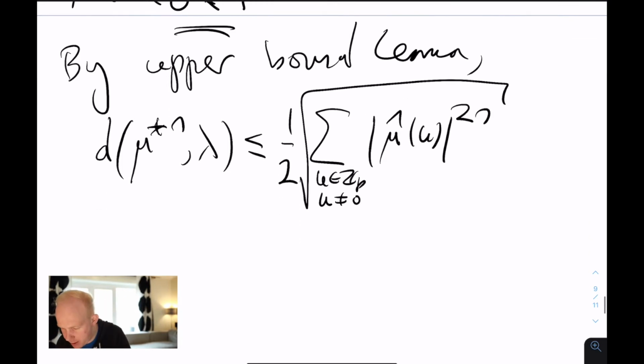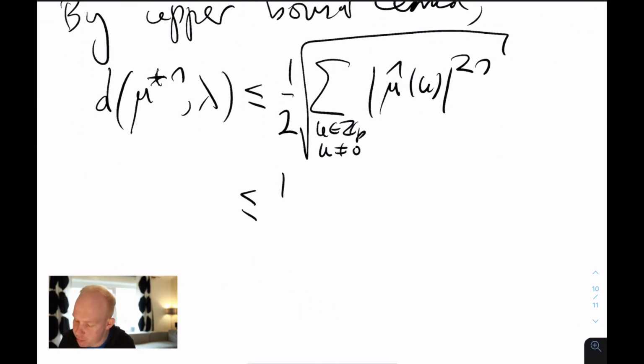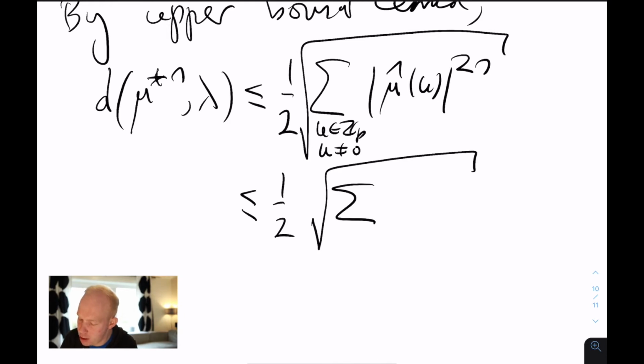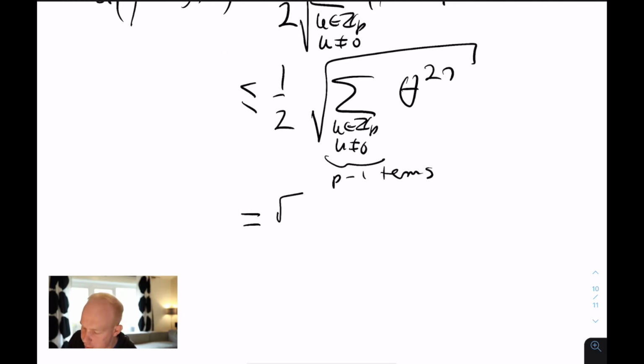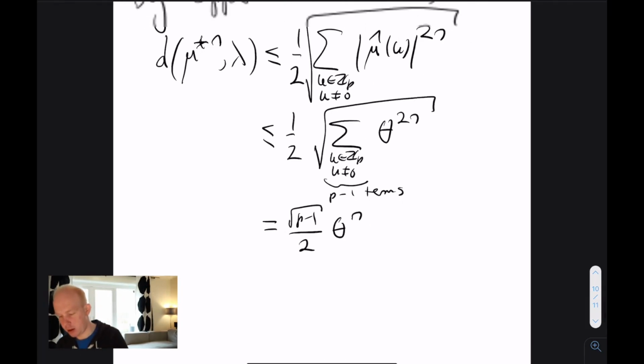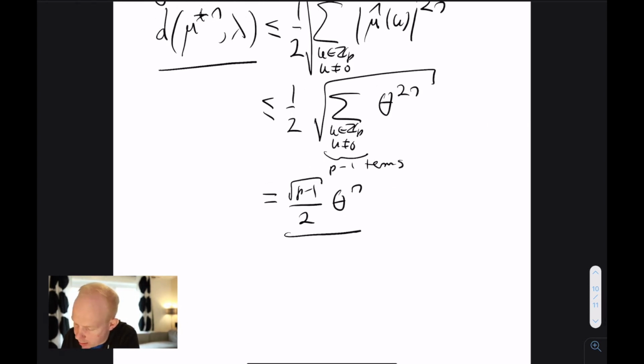And now you can see why we define the spectral gap in the way that you exclude the 0, because now in here you can simply bound by the maximum. So you can take the sum over k in Z_p, k not equal to 0, as θ to the power 2n, because that's the upper bound for all of them. And in this sum you have exactly p minus 1 terms. So you take the square root and obtain the square root of p minus 1, over 2, times θ to the power n. That's what you obtain, so this is bounded above by this, and now taking a logarithm,